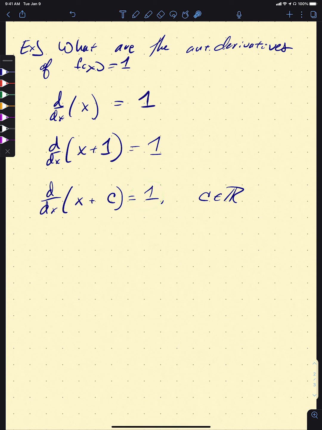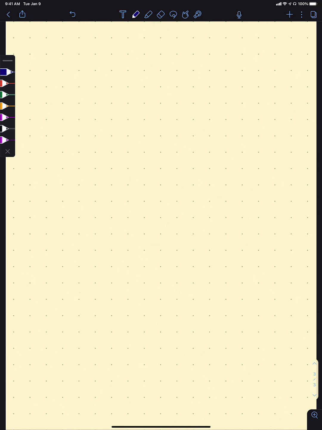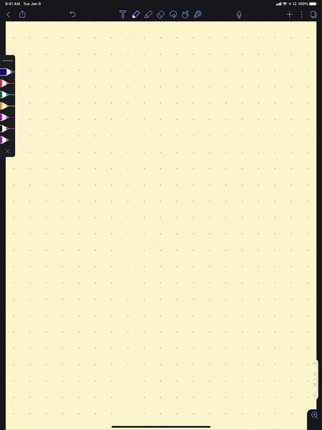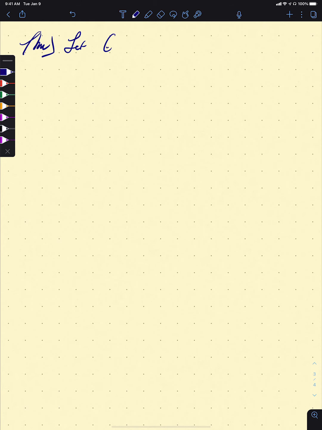And this actually leads us directly into a theorem, which we're going to, as usual, state without proof, but this is the basic idea behind it that we've just talked about. Okay, and so we can say let G be an antiderivative of f on an interval I,